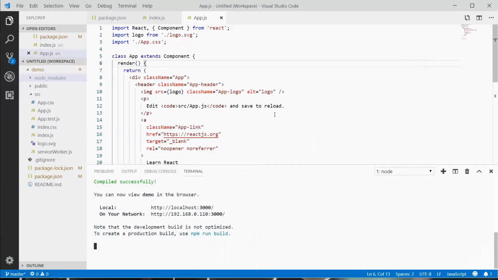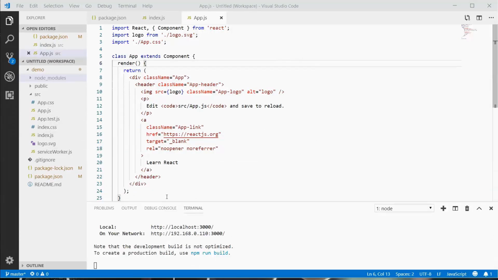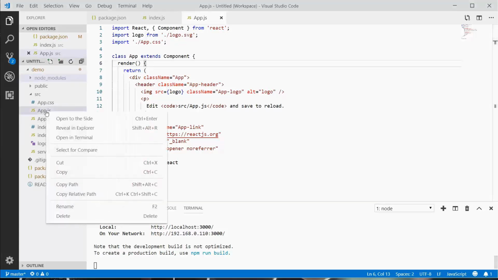So in the next video, we're going to delete this app.js file. We're going to build our own component, and we're going to mount it in the index file. Now that we know the basic workings of a React application, or at least a very rudimentary one, let's actually go ahead and build a component. So I'm going to delete app.js